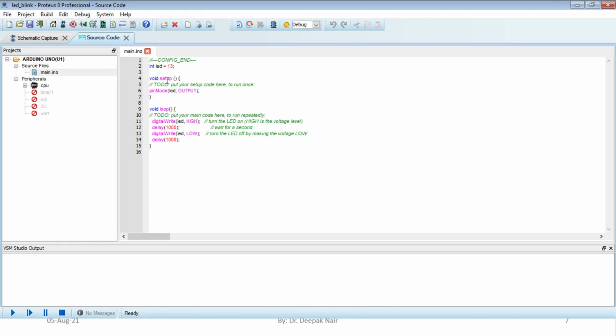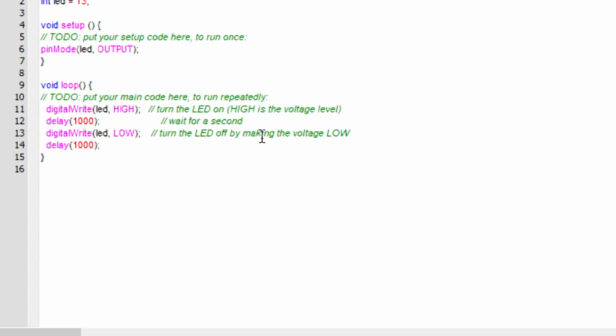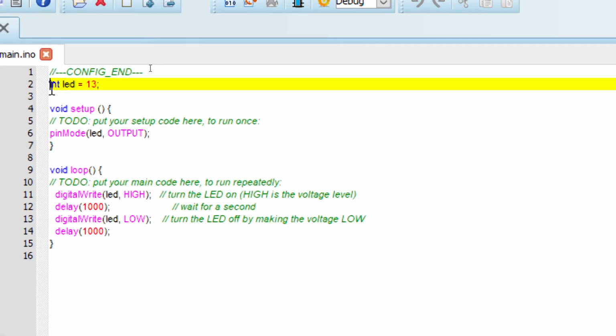code. Let me just show you the source code which is available with the Arduino IDE, and we can see the correlation, or we can see how these two codes are almost the same. First of all, we are declaring a variable int LED which is defined as pin number 13. So pin number 13 of the Arduino board is considered to be a variable LED. In place of 13 we can just write LED. So this is how you can define a variable for a particular pin.